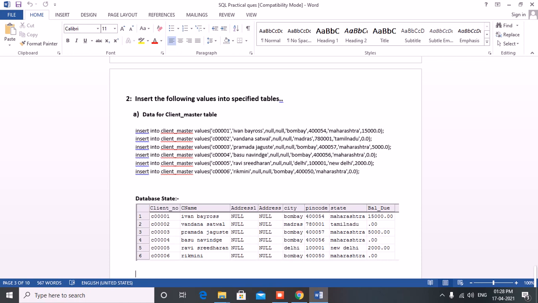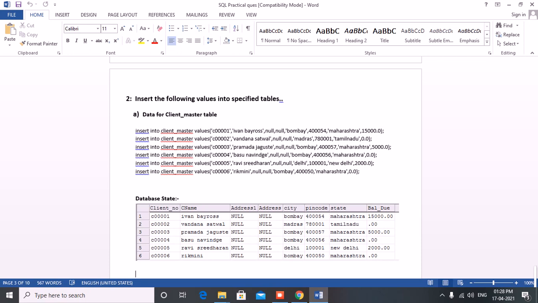I would recommend you students to write as it is. As I have written, same as it is, you write everything in your file as well. Don't change the digits, don't change the content. You write as it is with a complete output. Fine. Insert into client master values. Since I will be using other queries on the same data, they will be retrieving the same things. So you have to write as it is.